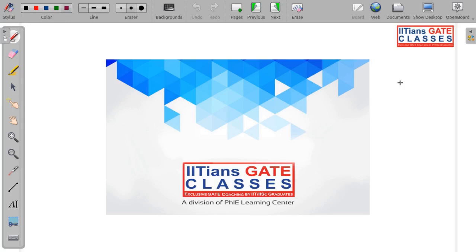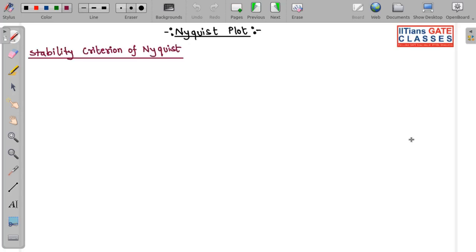So in the last session, in this control session, we have seen the polar plot and we have discussed the question and the theory regarding the polar plot. While teaching the polar plot, I had told you that polar plot is basically an incomplete plot. Okay, it is an incomplete plot, and basically your polar plot is completed when we actually sketch the Nyquist plot. So in today's session we are going to start with the Nyquist plot. So let us then begin today's session.